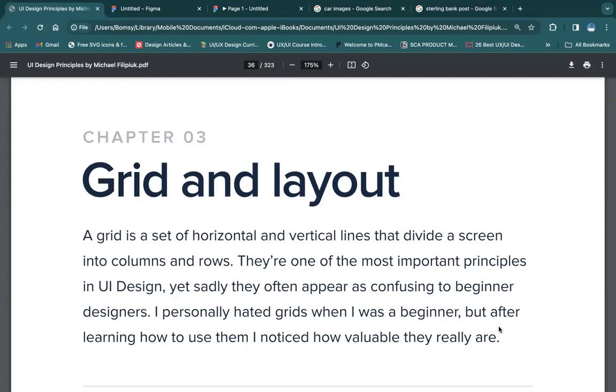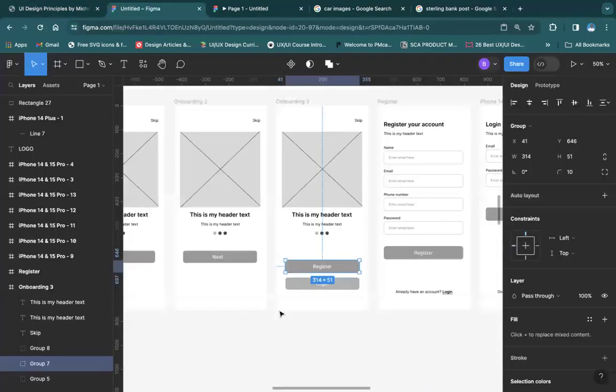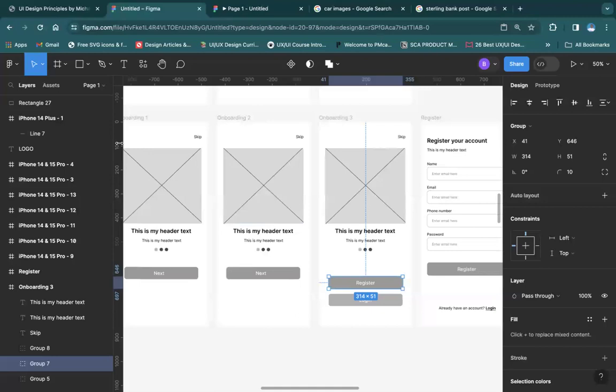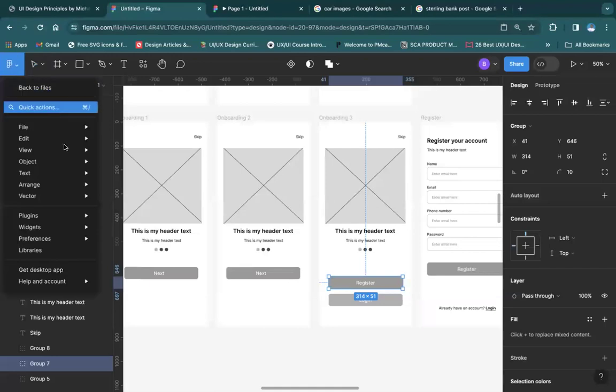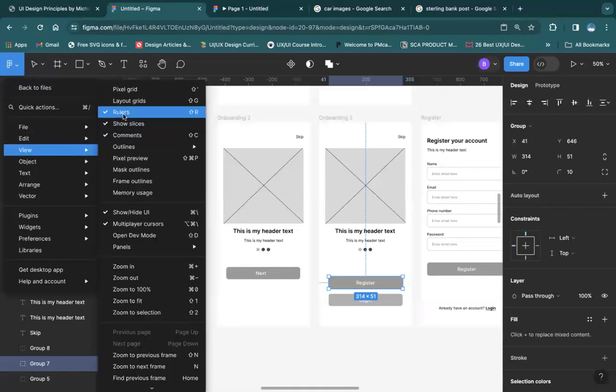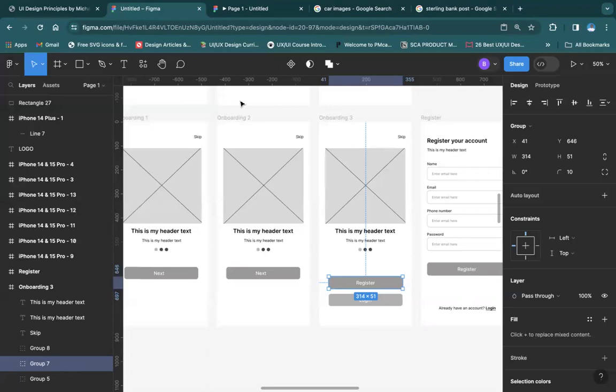When we're doing our wireframe, if you remember something I was talking about, if you look at my work, you notice that my work is aligned. So how do you turn rulers on? If you come to the main menu and you come to view, you'll be able to see rulers, so you can turn it on for those of you that don't have it here. So if I drag this to this place, you will notice that